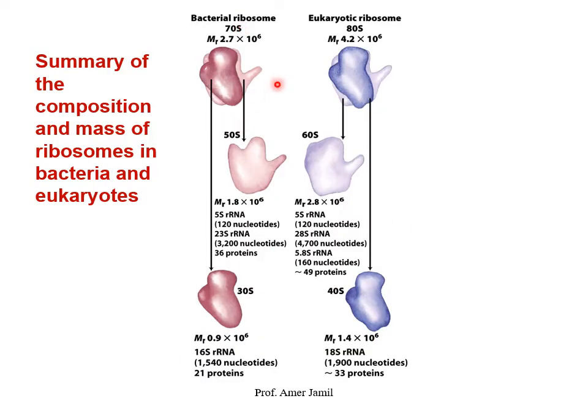So here there is a comparison of bacterial ribosomes with the eukaryotic ribosomes. You can see the difference in the molecular masses and all that, and this is 50S and 30S subunits, whereas in this case it is 60S and 40S subunits. This 40 and 60 should have been made to 100, but actually it is 80S. Similar is the case here.